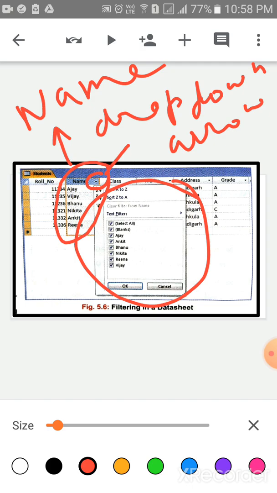Look at the picture, select all and the names will come. If you want to filter all these names, then click select all and lastly press this OK button. So this is the filtering in a datasheet.